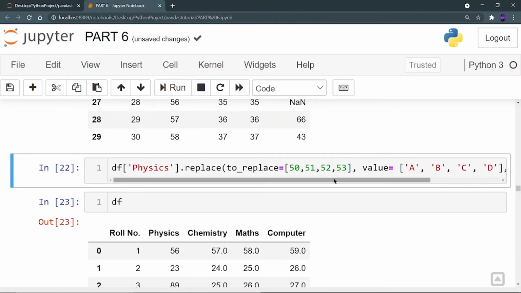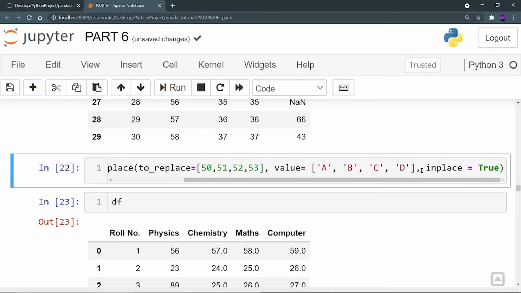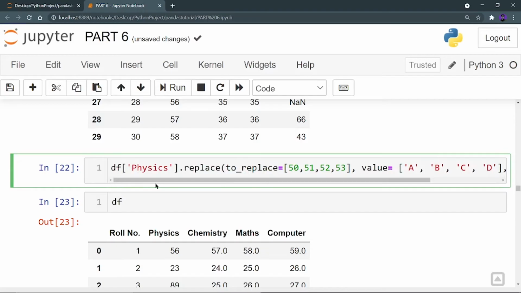Now let's see again. Here I have used inplace. So now what will happen? My original data frame will be replaced. My original data frame is lost now, replaced with the new data frame. But here I have used one more thing: I've done this replace only on the physics column. So nothing will be changed in chemistry, maths and computer.